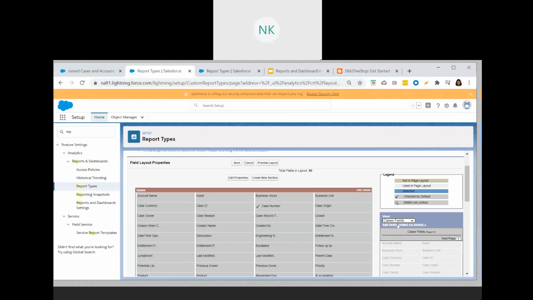Now there are certain things that we need to talk about. Here, when you click on cases fields, you see a new link below that: add fields related via the lookup. So this is where we can add certain other related objects via the lookup. If a case has any other lookup associated to it, you can add that specific object using this option, related fields using the lookup.